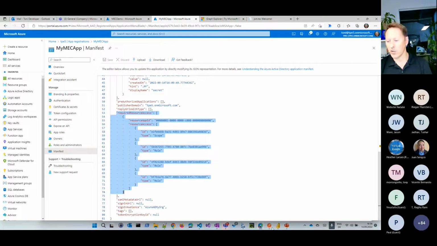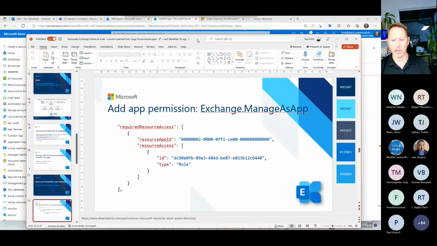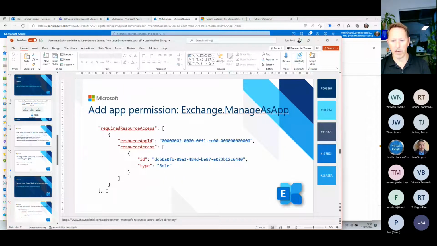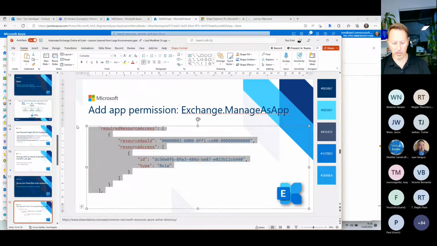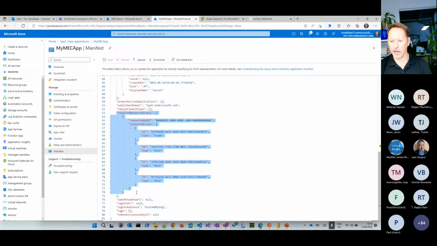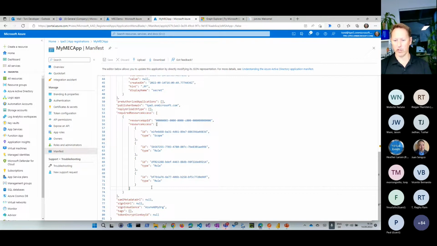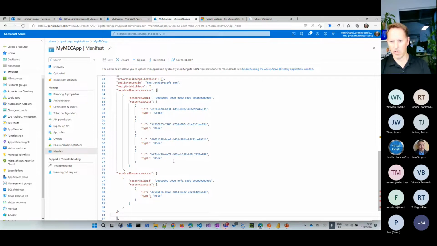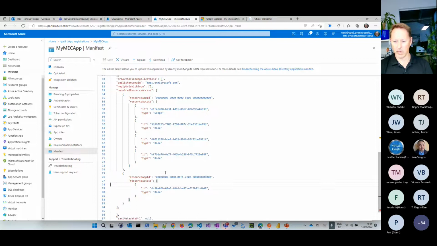So what I would need to do, I go back to my presentation here, which is this one, and I simply paste this here, or I copy it and add it to my resources, which should be resource access. I think it should be here. The next resource provider. Let's see if this works. That's my, oops, that's a little bit too much. So actually it should be this one here.